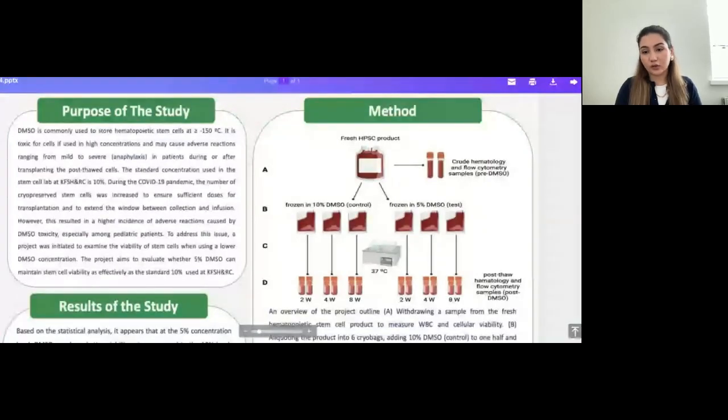The reason we decreased the percentage was that during the COVID-19 pandemic, we increased the number of cryopreserved stem cells, for two main reasons. One was to ensure we had sufficient doses for transplantations, and the other was that we wanted to prolong the window between the harvest and the infusion. As a result, this caused a higher incidence of adverse reactions linked to DMSO toxicity, especially in pediatric patients. To address this issue, we decided to initiate a study to investigate whether reducing DMSO concentrations